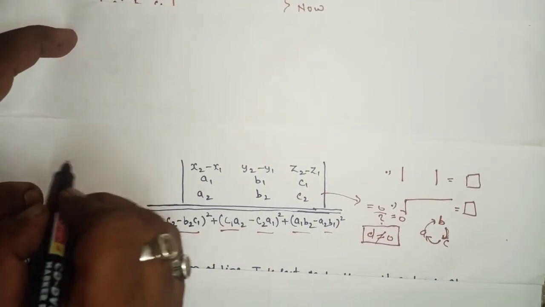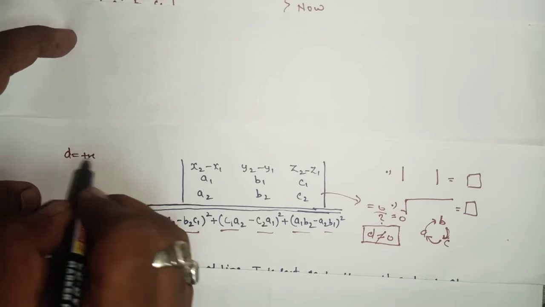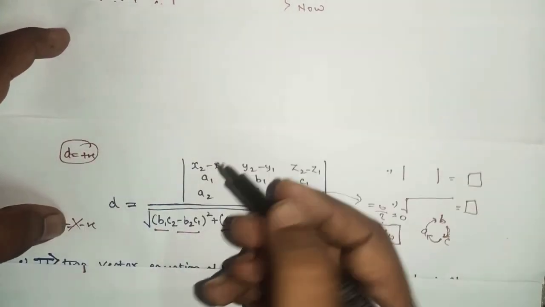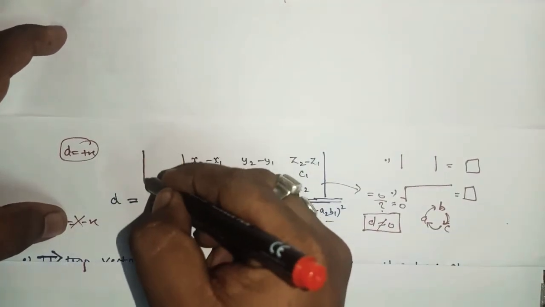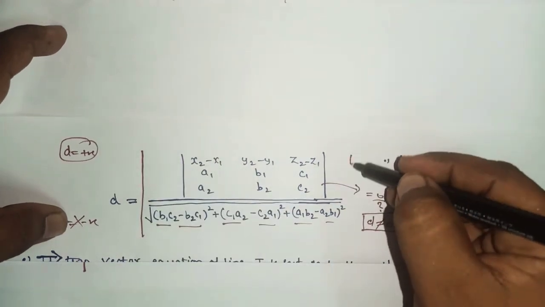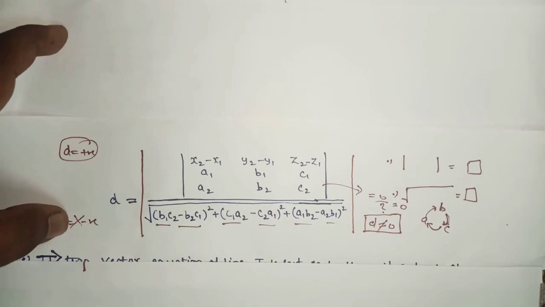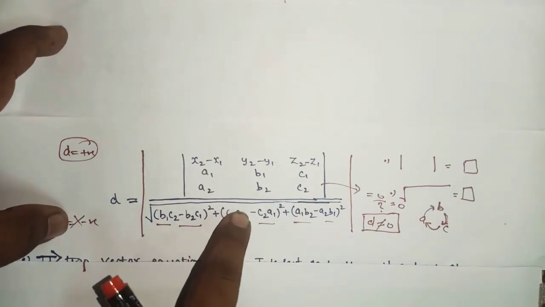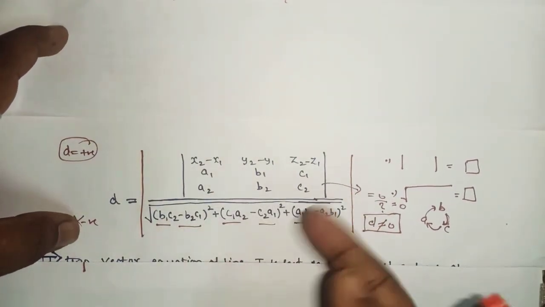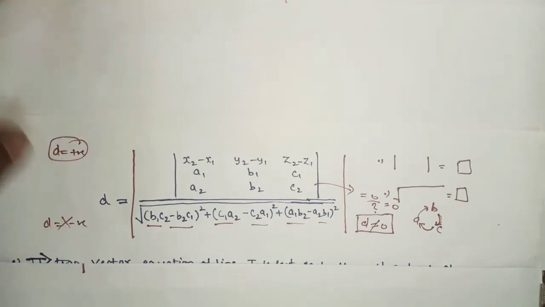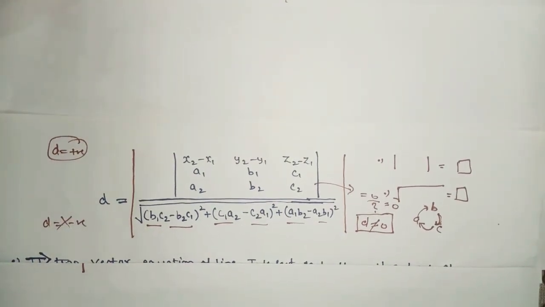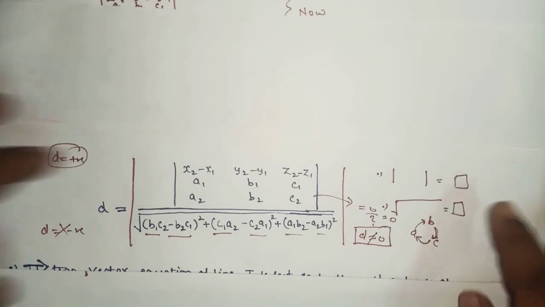Remember this, the answer of distance will always be positive. If you want to make the answer positive, see to it that you write the answer inside the mod. So whenever you substitute the value of this part and this part, suppose you are getting the answer in negative, as we know that distance cannot be negative, so always, as in the first section also,